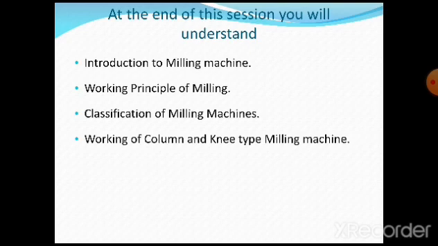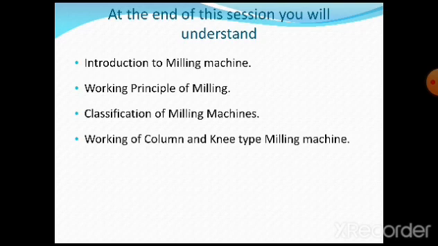Before we proceed with today's session, we need to understand what we discussed in the previous session. In the previous session we discussed jigs and fixtures with the clamping and locating devices, which are a part of a design whenever we want to go for the mass production of identical jobs. These jigs and fixtures can also be used on the machine table of a drilling machine or milling machine, depending upon the requirement or the type of workpiece to be machined.